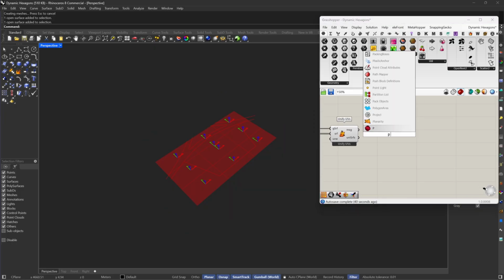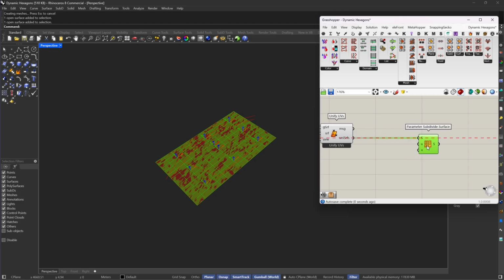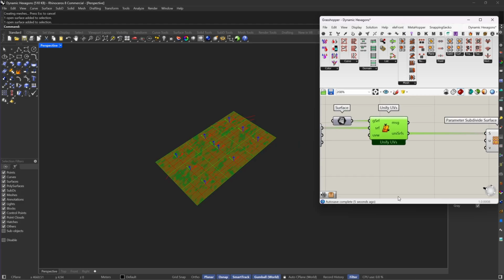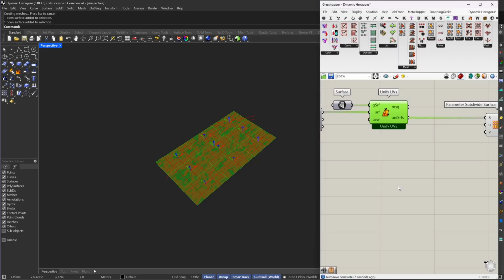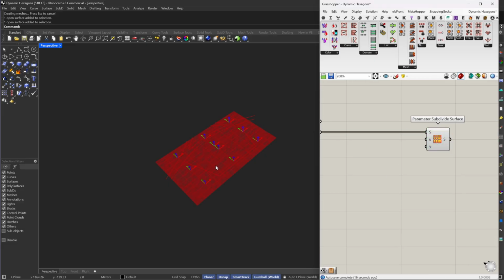I want to parametrically subdivide them, and this component is usually in Bufferfish. So if you want to have it, just download Bufferfish. And this, by the way, is on Food4Rhino as an individual component, if I remember correctly. You can just search for Unify UV and you will find it immediately. And after that, I want to